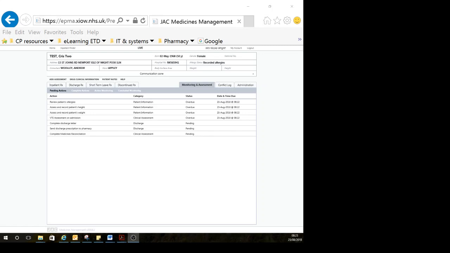Venous thromboembolism or VTE risk assessment is completed on JAC at this organisation, and it should either be done prior to admission if it's an elective admission, on admission or as soon as possible, and certainly before the end of the post-take ward round. To access a VTE assessment on a ward, when you first log on to JAC, you